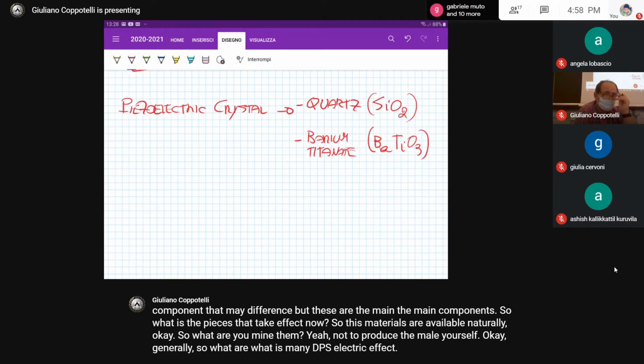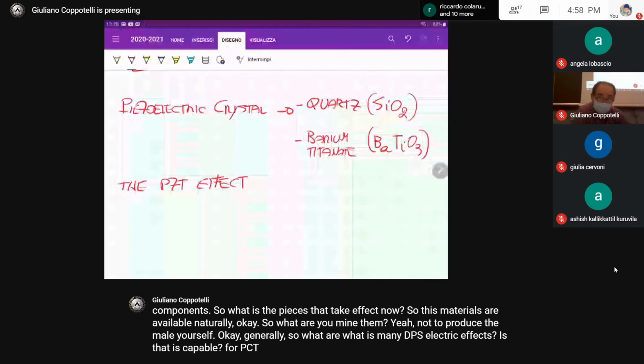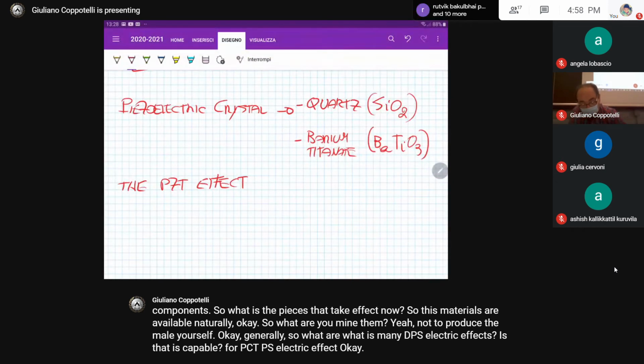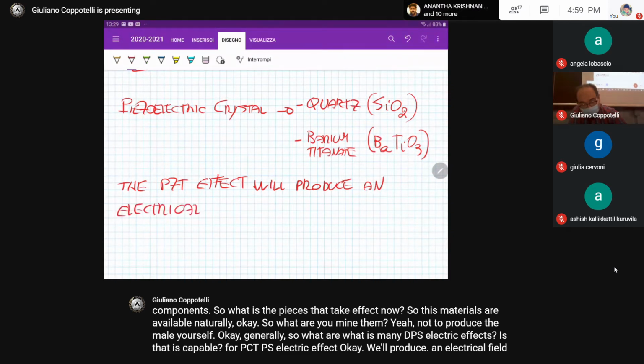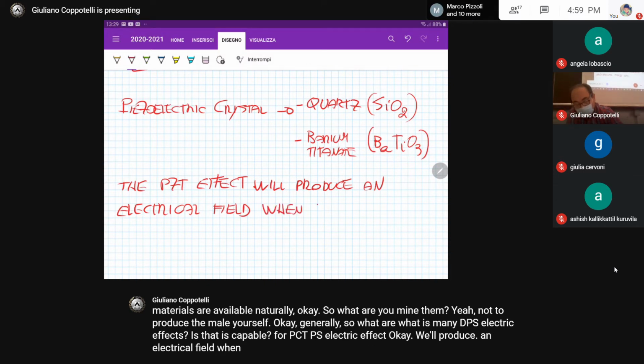The PZT, piezoelectric effect, will produce an electrical field when the PZT material, of course, changes dimensions